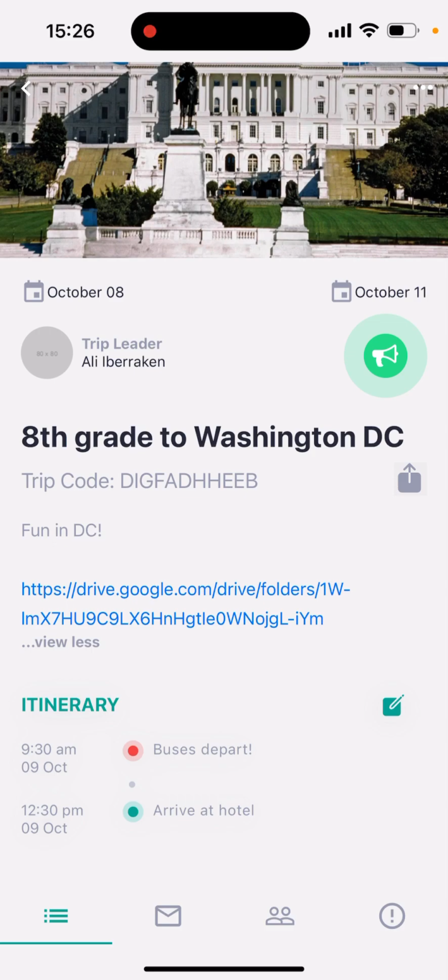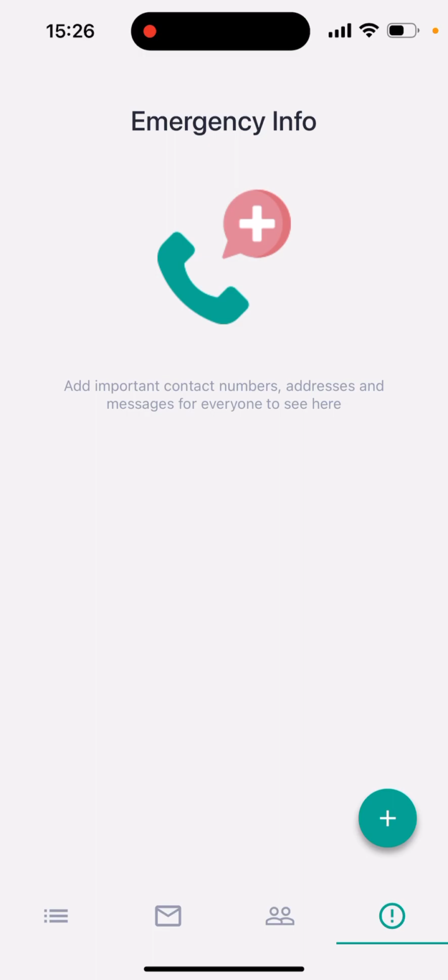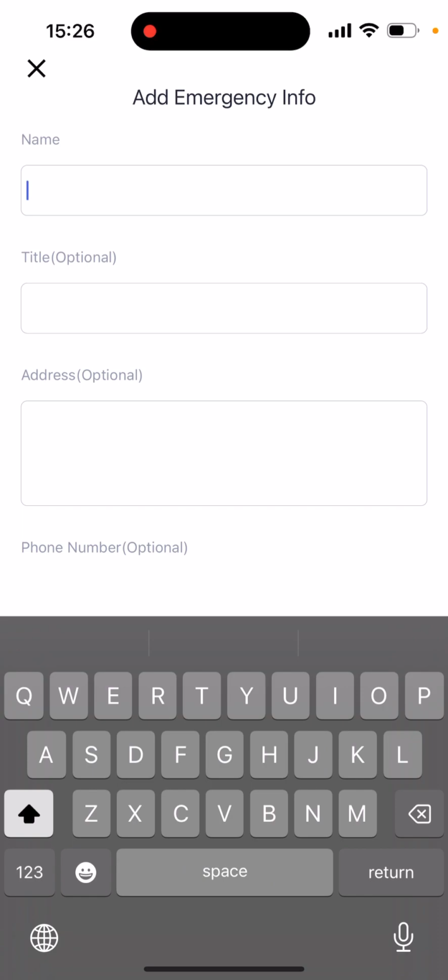The other thing you might want to do is also include some emergency information. Now, this is the type of thing that so many schools, I know I used to all the time, we'd give students a little laminated piece of card with who to contact, where to go, what to do in an emergency, which of course they lose immediately. So here, instead of that, you can actually start putting some information in. So you could